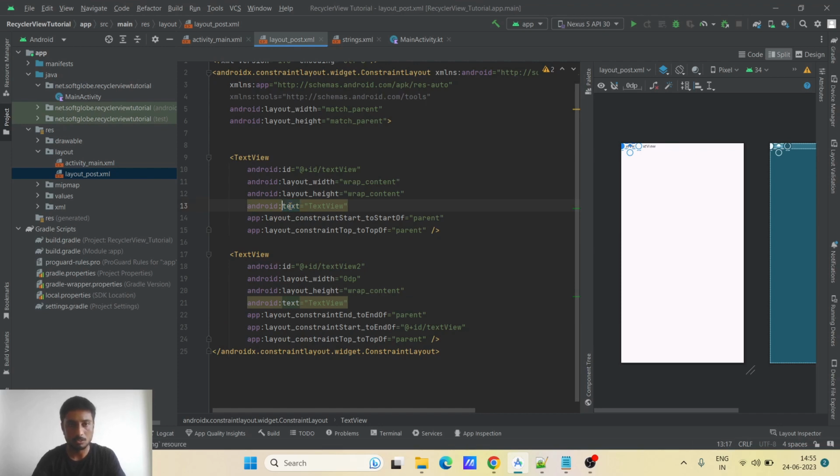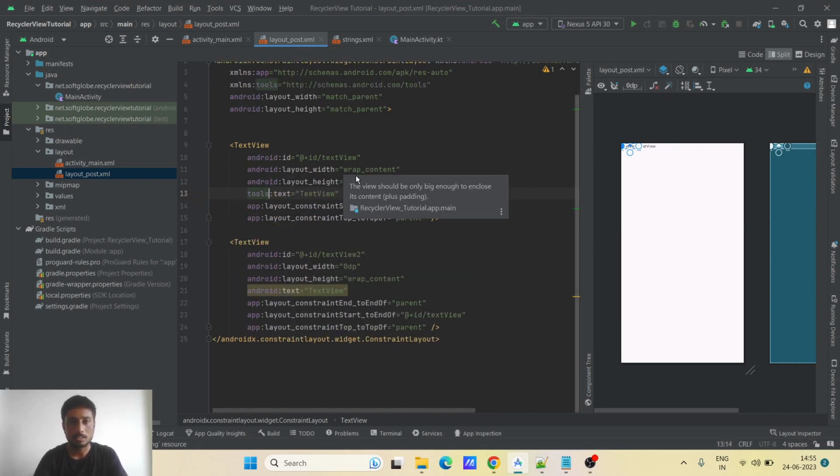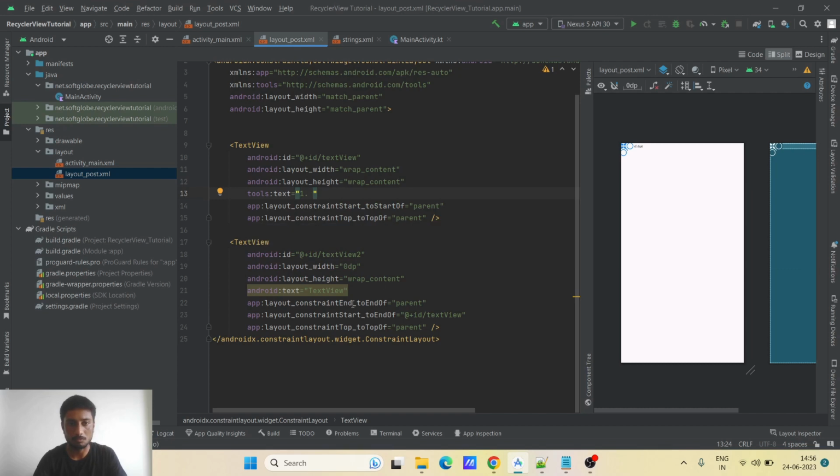We will not use android:text, we will use tools:text, so that this will be visible only at design time. Instead of one I'll just use here id_one, which is the string resource I have already created, and here also I'll use title, sorry,